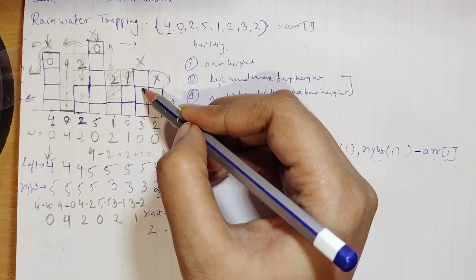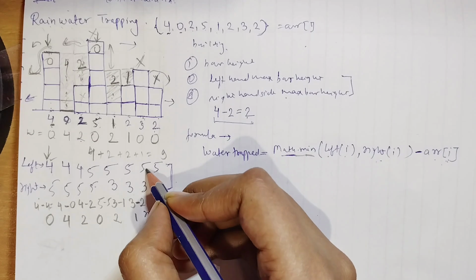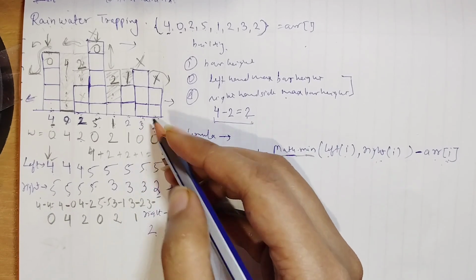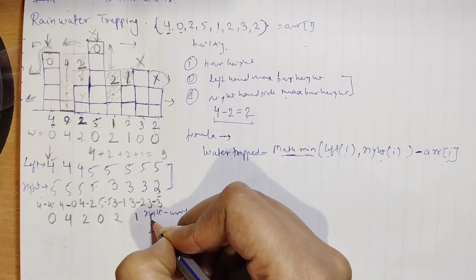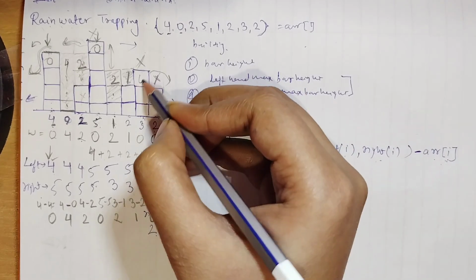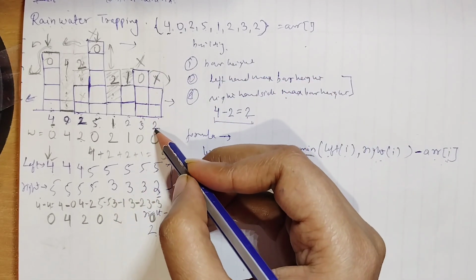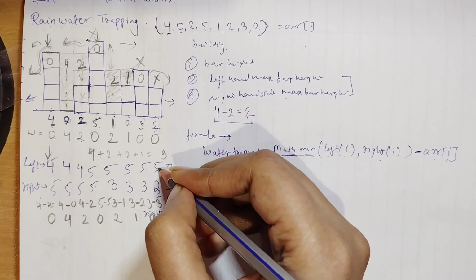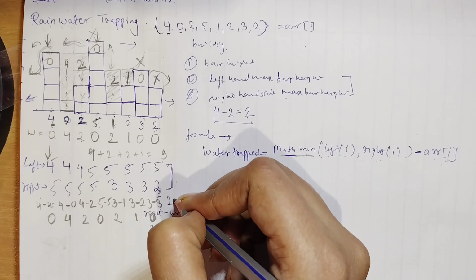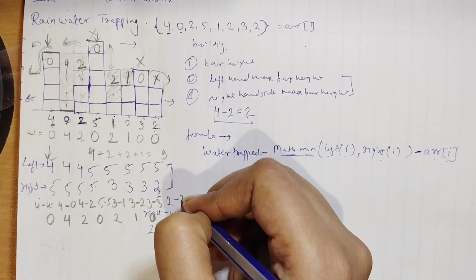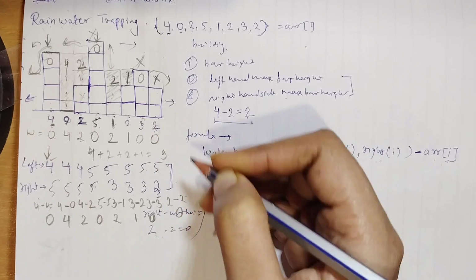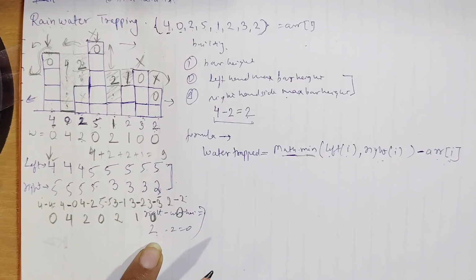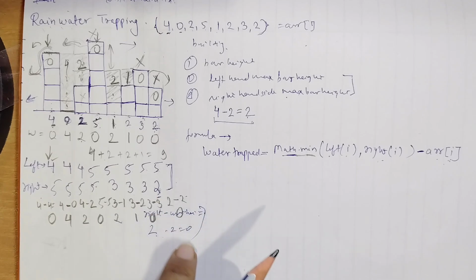Okay, now for this 3, which has the minimum value? 3. So 3 minus our current bar height, that is 3, which means 0 water will be trapped here. And for this also 2, so the minimum value is 2. Left and right have the minimum. 2 minus our current bar height, that is 2, so 0 water will be trapped. I have taken your time because you can build logic for this question, how code runs in the backend,